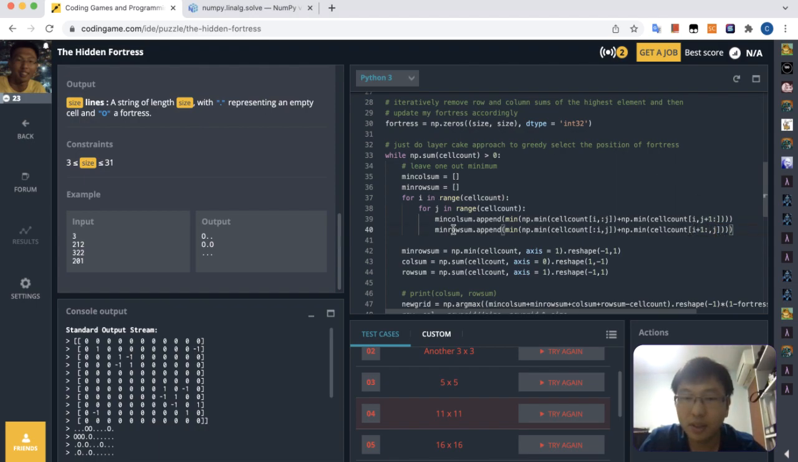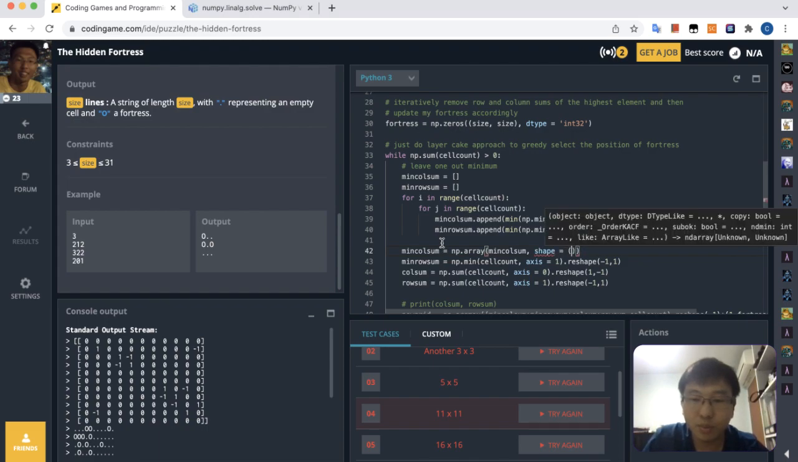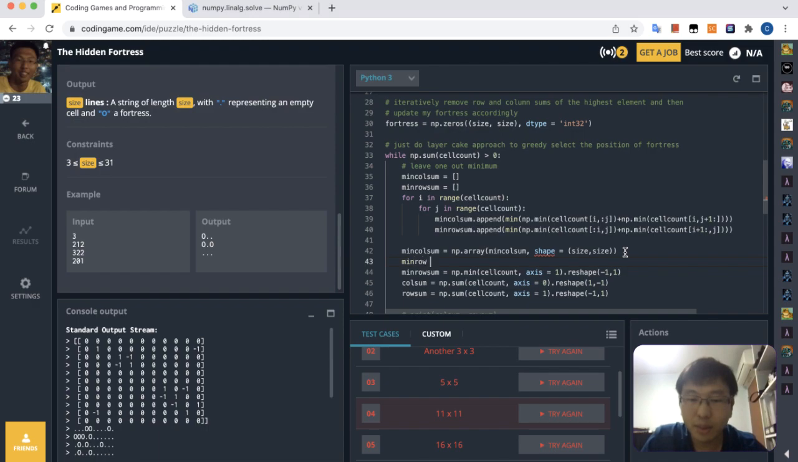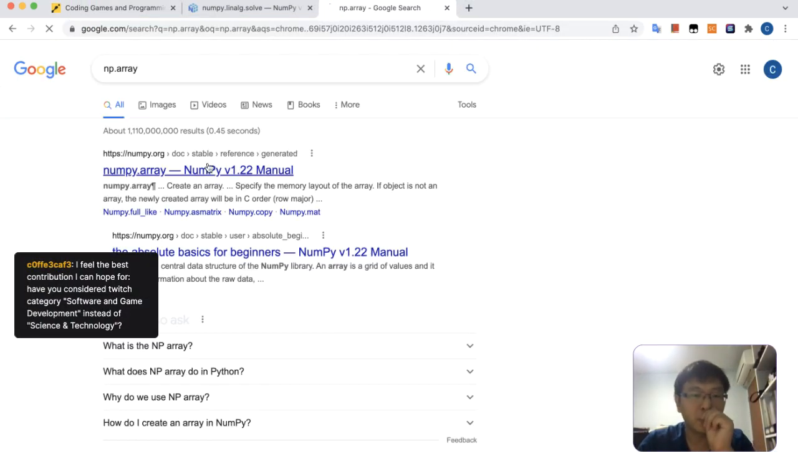Yeah, let's do this. And then what we do is min col sum equals np dot array min col sum, shape equals size. Min row sum equals to, I wonder if I can do this. Let's see the np dot array. Can I do an np dot array with